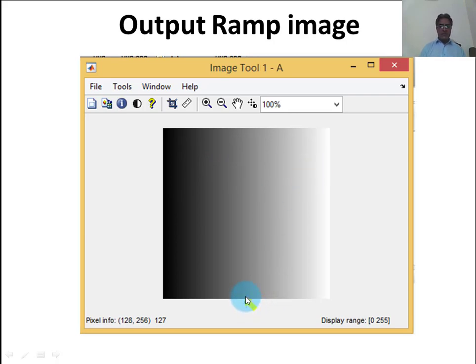This is the center position at column number 128 and row number 256, the last row and middle column. At this location the gray value is 127. This is pixel information, shown by the imtool command, and it displays the range of the gray level, 0 to 255.